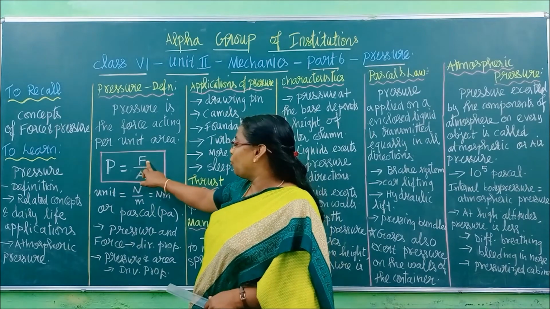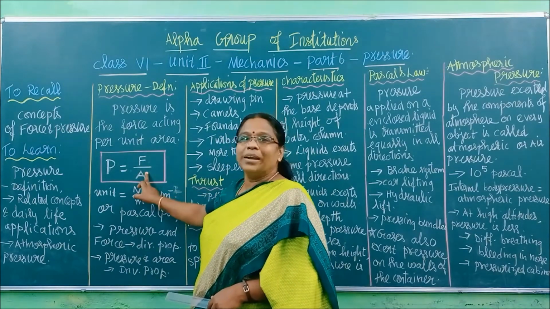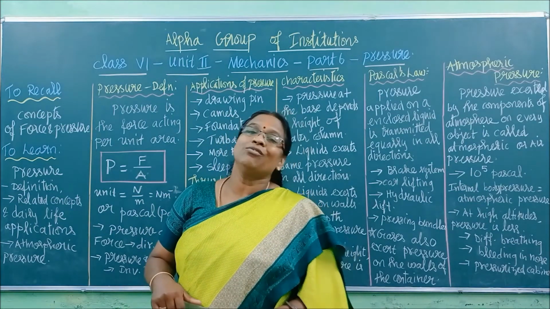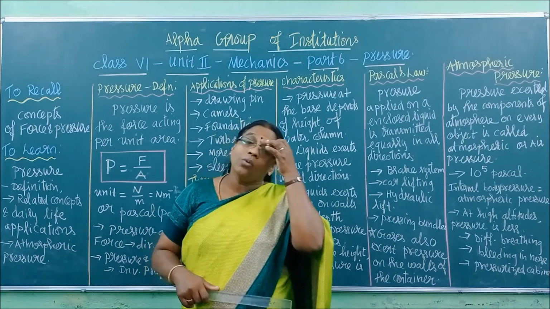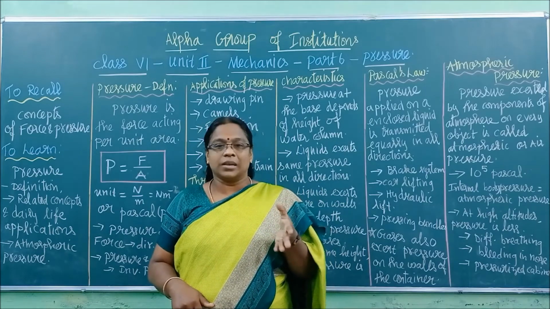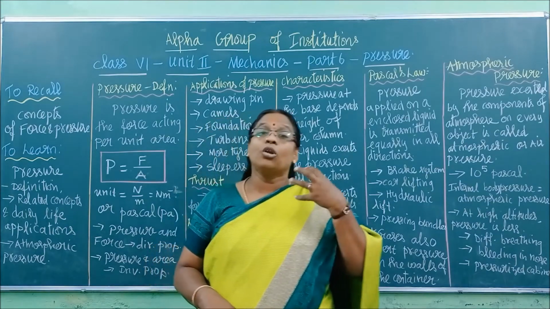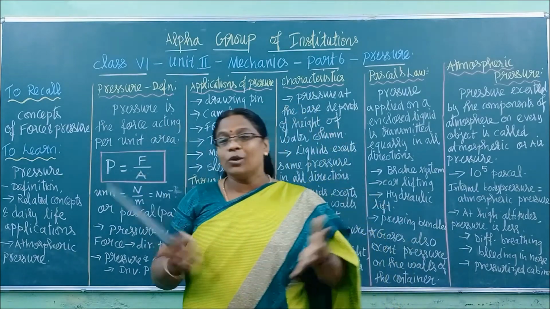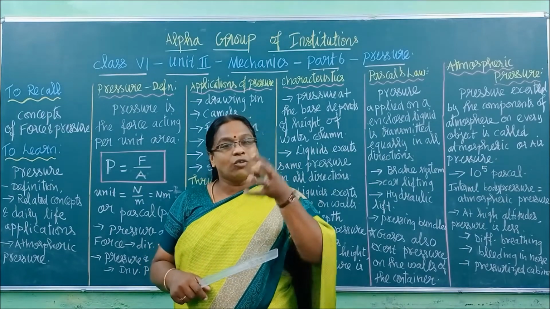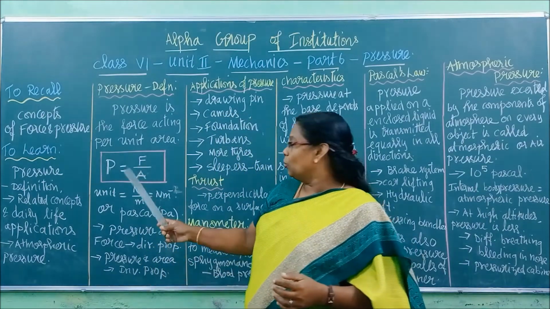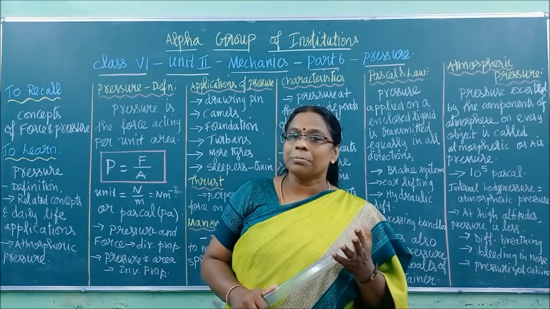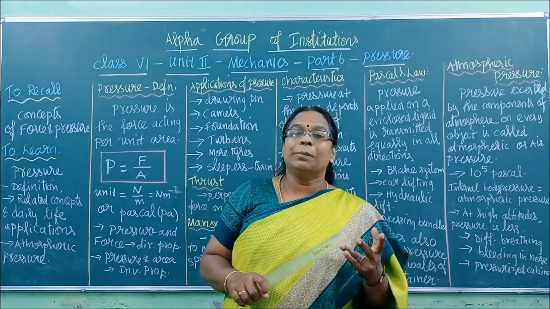Now what is the unit of force? It is Newton. The unit of area is meter square. Okay, children, now we have another common unit for pressure called Pascal. This unit Pascal is named after a scientist called Blaise Pascal. Usually if a scientist makes a major contribution in describing a concept, his name is given to a quantity or unit. In such a way, the unit for pressure is named Pascal. So the units of pressure are Pascal or Newton per meter square.